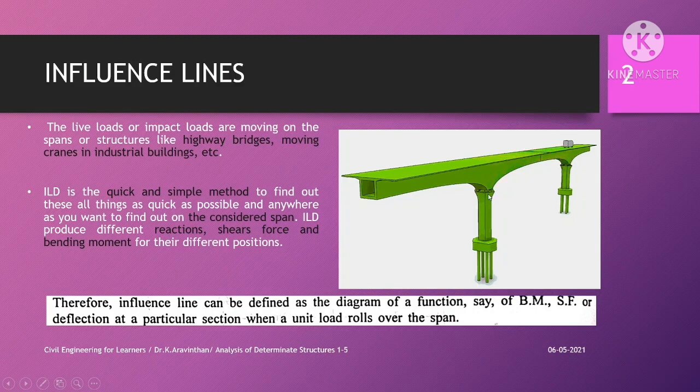So you can see a highway bridge here, and the loads are not primarily static live load, they are dynamic live load, so it changes depending on the time. And if a vehicle is moving from one end to the other end of the structure, what happens to the supports and what happens to the beam? Say for example, in a static analysis, you can place a load at a particular point, or you can consider the load as a UDL throughout the span, and then you can solve the problem.